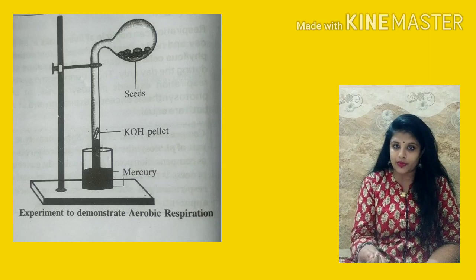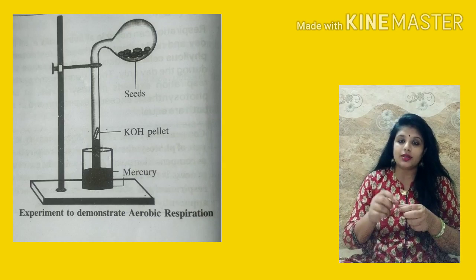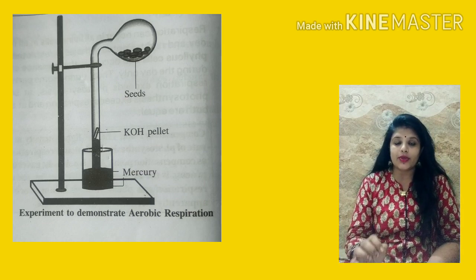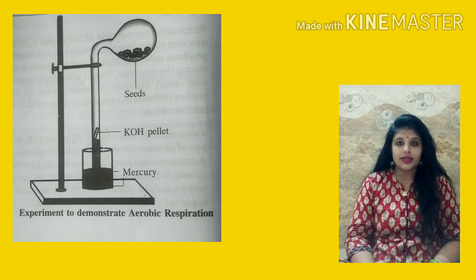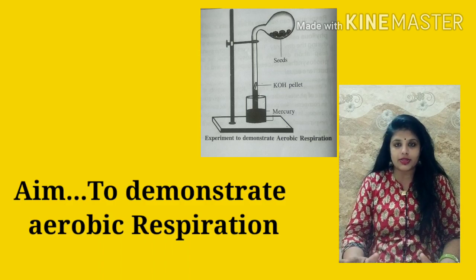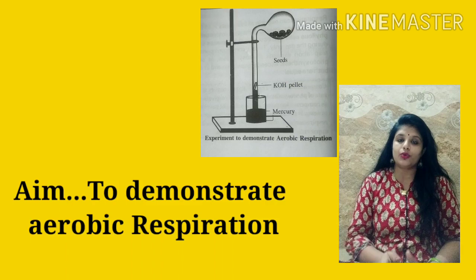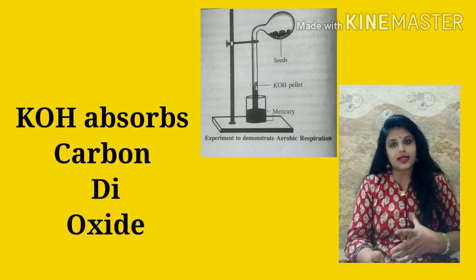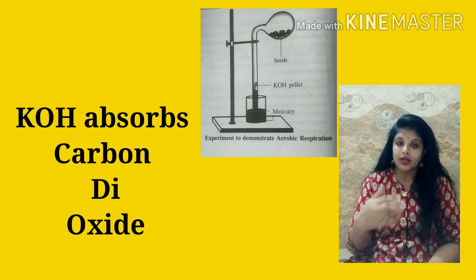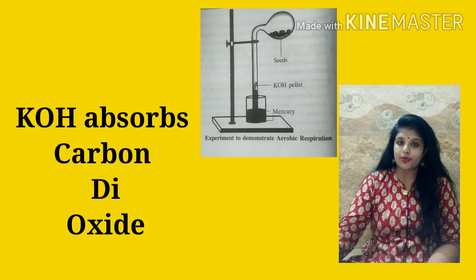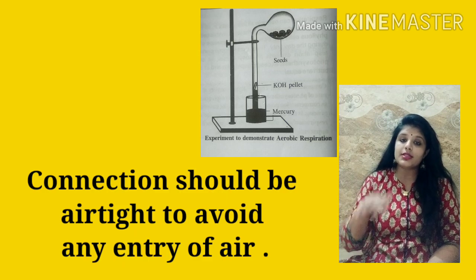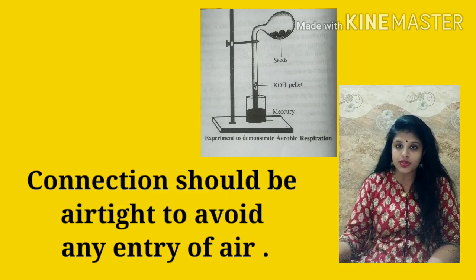Now what you will do, you will take one test tube, and in that test tube take some amount of KOH and put that test tube along with the KOH in the respiroscope. Now what is the use of KOH? KOH absorbs carbon dioxide. So now your respiroscope is free from carbon dioxide. Whatever air is there, only oxygen and other gases are there, carbon dioxide is not there, or whatever carbon dioxide is released during the process of respiration will also be absorbed by KOH. So it will not disturb the entire experiment.